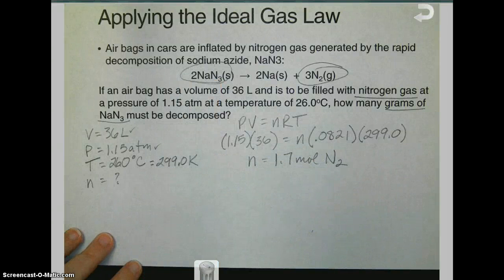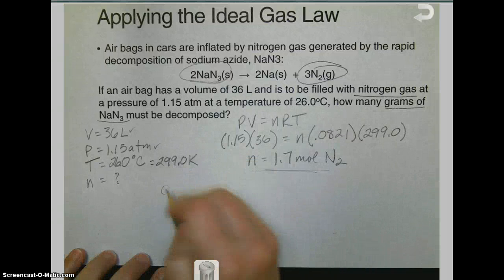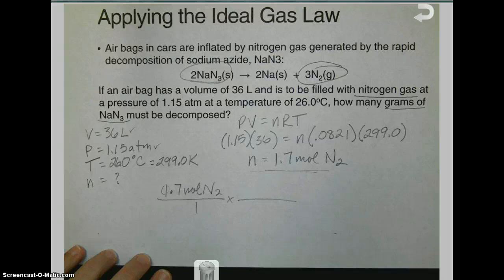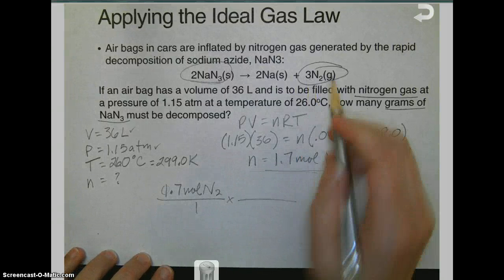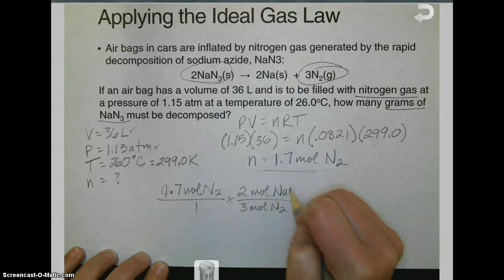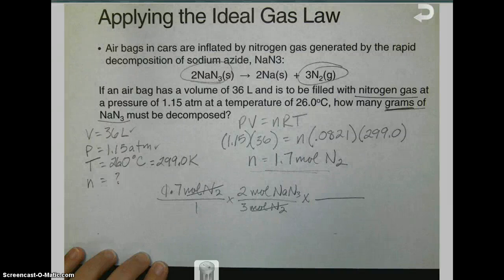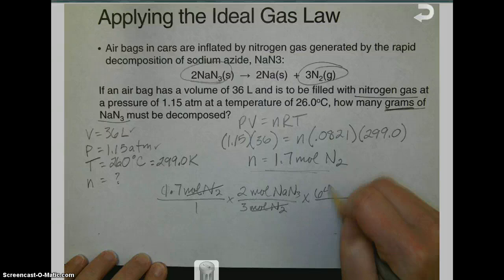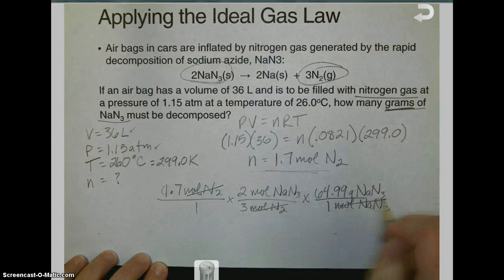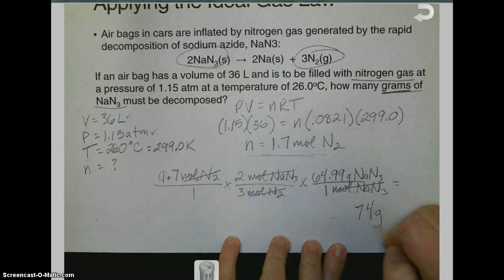We use stoichiometry, exactly. So, we take what we're given, which is 1.7 moles of N2 over 1. Now, we already have moles, so we go directly to the next step, which is the mole ratio. 3 moles of N2 on the bottom, 2 moles of NaN3 on the top. Okay, so our moles cancel. Now, we're still trying to get grams over here, so we need to find the molar mass of NaN3. When you look on the periodic table and add them all together, you get 64.99 grams of NaN3 per mole. So our moles cancel. And now, when we do our final calculation using our stoichiometry, we get 74 grams of